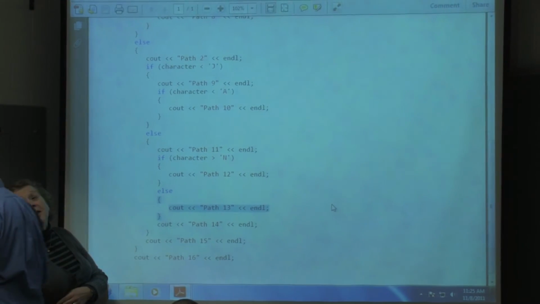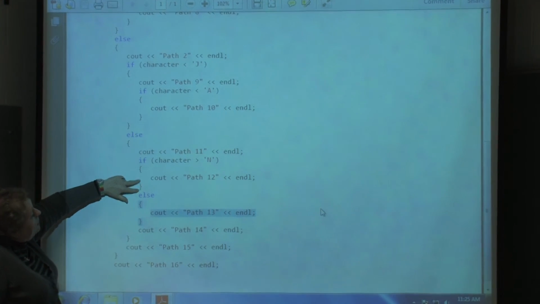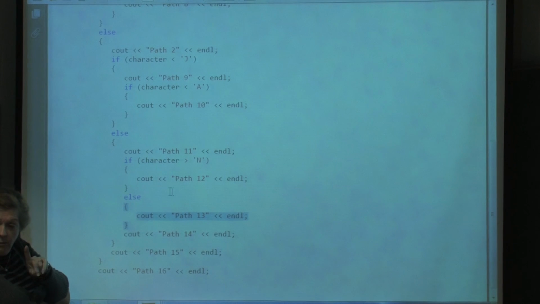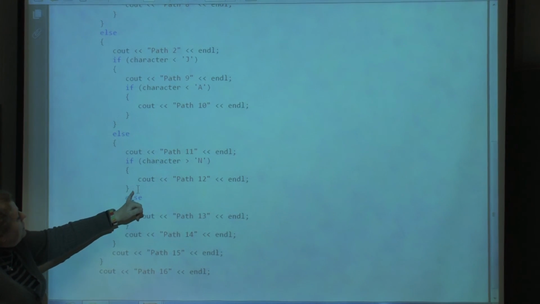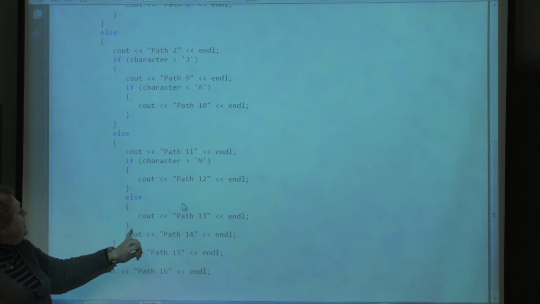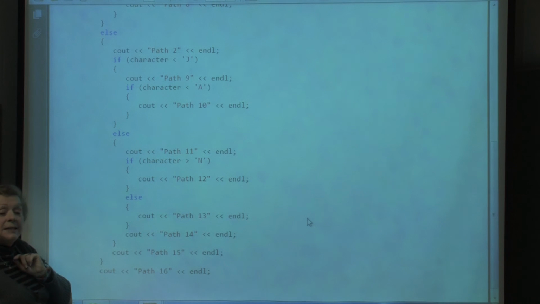Yes, I thought it got too cluttered, but Gary actually had a really good point. One of the things you can do, as we used to when we got a whole bunch of nested ifs, is put a comment here. So put a double slash and put greater than n. Do you see how that would be useful? And the else would be less than or equal to n. So you know where the braces begin and end in one